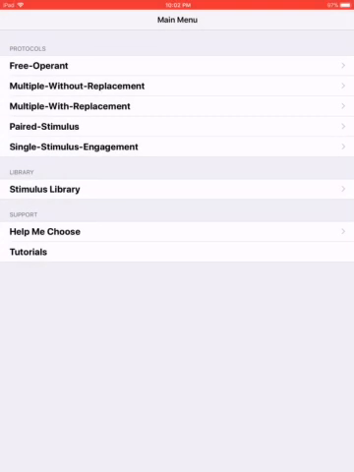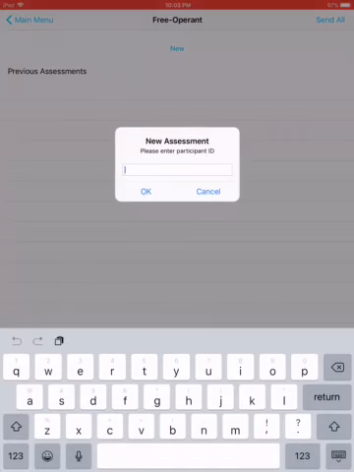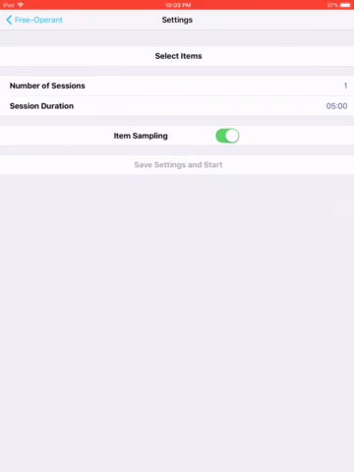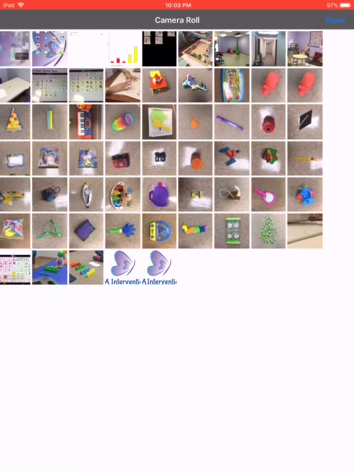And the one I'm going to demonstrate for you is the free operant assessment. So you just click on free operant and click new. And then I'm just going to call this one test since we're just demonstrating it. And then it's going to bring up this screen where you can set up what your assessment looks like. Click on select items, and you're going to have pictures of the items that you want to